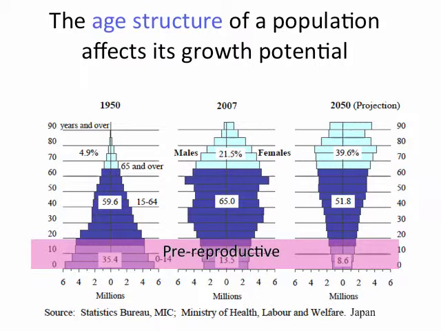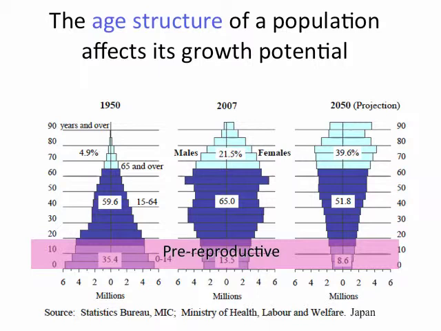Usually, a rapidly expanding population will have a larger number of reproductive individuals, whereas stable populations will show a more even distribution of age classes. Rapidly declining populations will have large older cohorts, or large numbers of older individuals. So looking at this slide, in the left panel in 1950, you can see that the age structure or distribution of individuals in the Japanese population showed a much more classical age pyramid structure with large numbers of individuals in